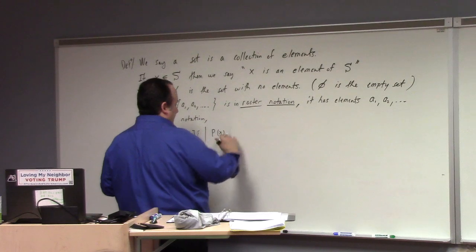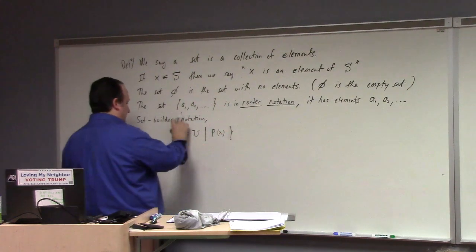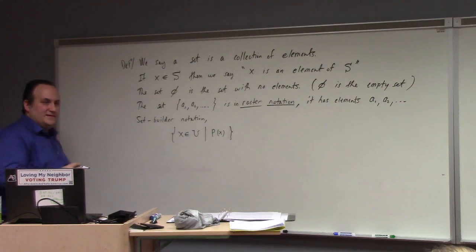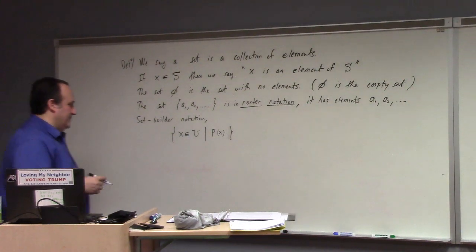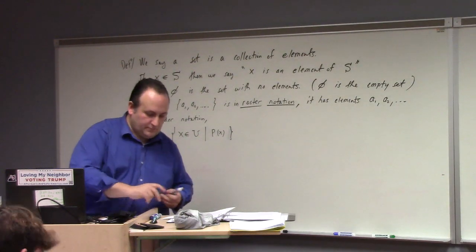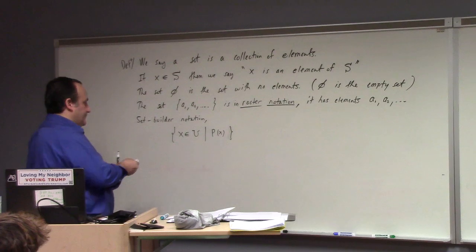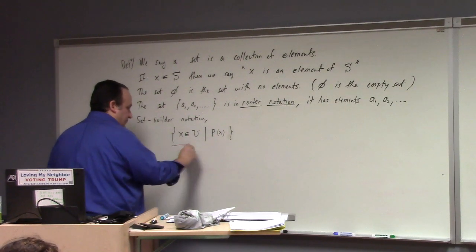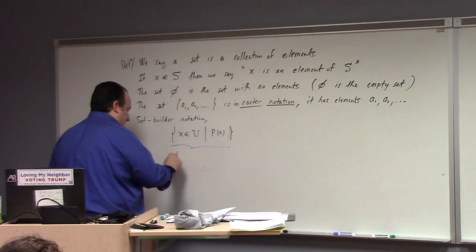These are all supposed to be curly brackets. Sometimes I succeed at making a curly bracket, sometimes not, but I try. So let me unwrap that notation. In words, this is the set